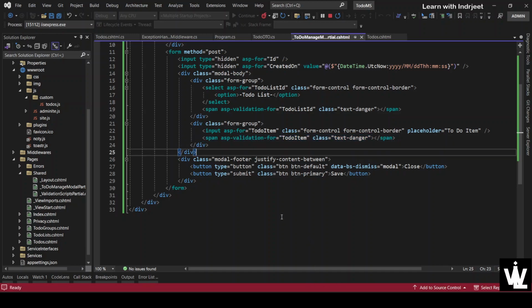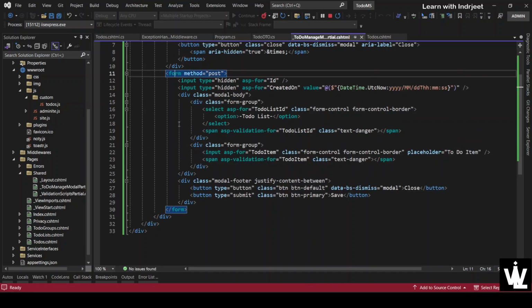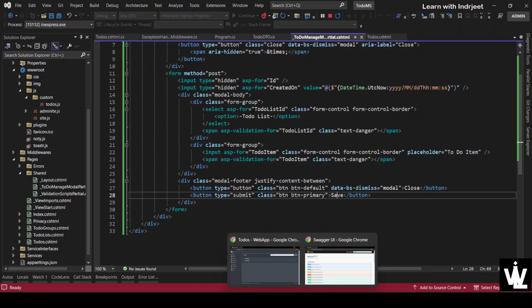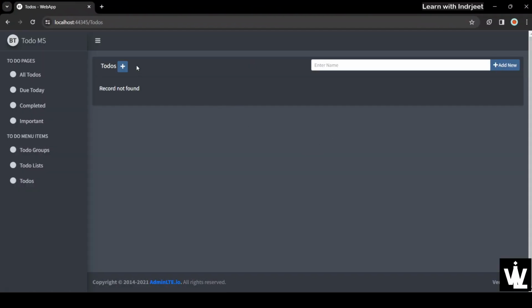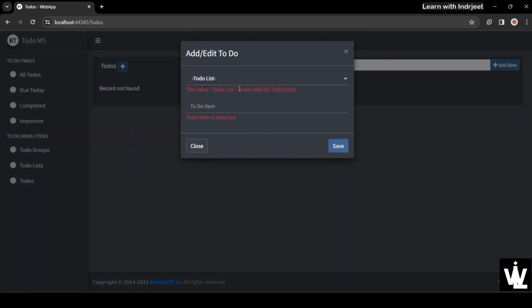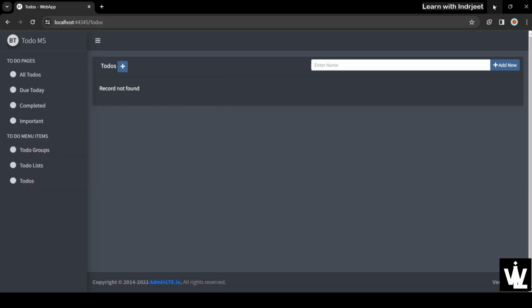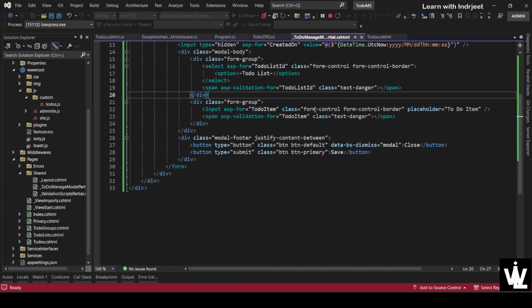So we'll click on this button, save, and the form will be submitted, and then we'll see the effect of validations. Okay, so let's go back